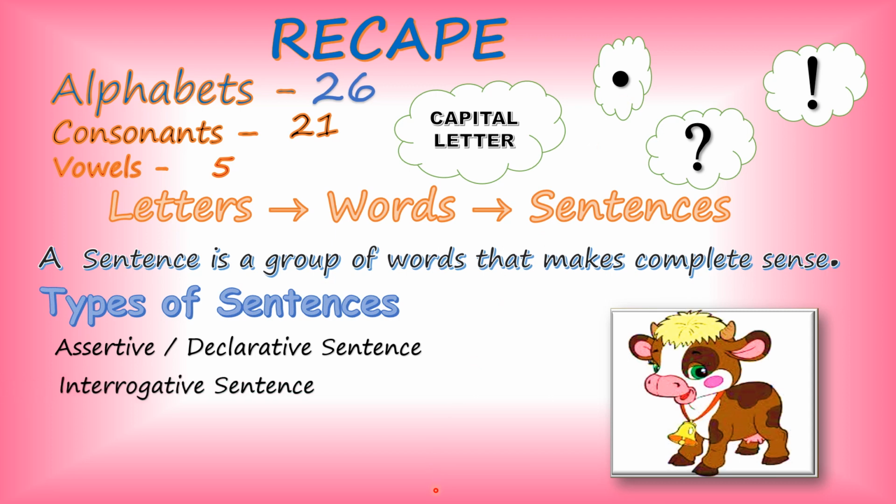Now come to the next one. That is the interrogative sentence. Interrogative sentences are sentences which ask a question. When we ask questions, when we want to know something, and whenever we are writing interrogative sentences, we will be ending the sentence with the question mark. We will be putting a question mark at the end of interrogative sentences, children. Like when we ask questions, like what we ask, what is your name? Where do you live? Are you hungry? These are the examples of interrogative sentences.